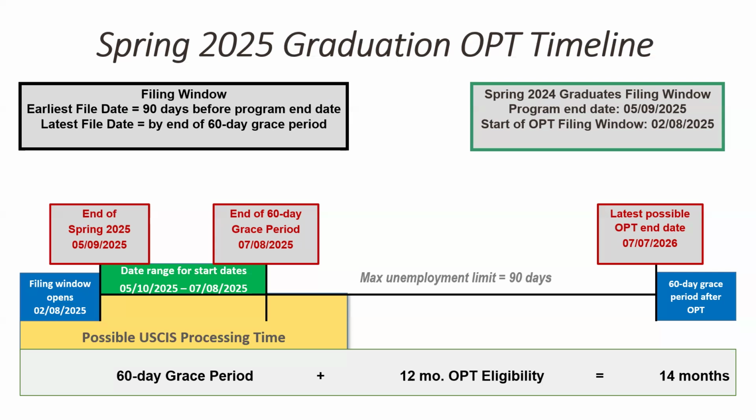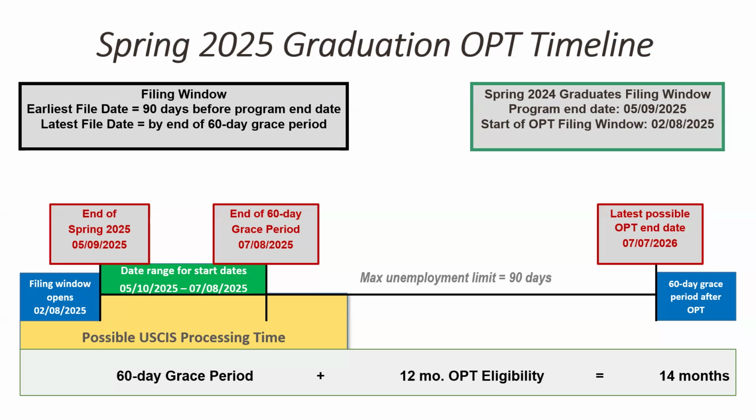So the takeaway there is that if you file later in your filing window, you can legally do that, but you could lose some of your OPT time. So you'd want to factor that in as you think about when you're going to file for OPT. Another thing to consider,